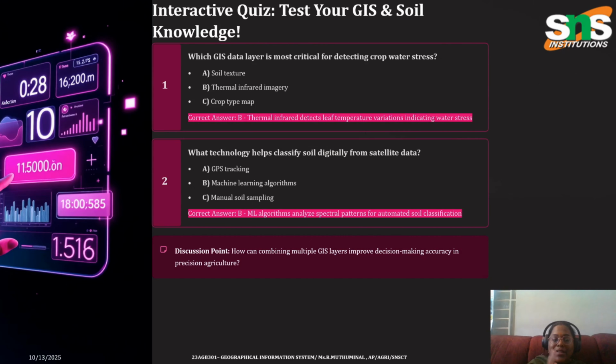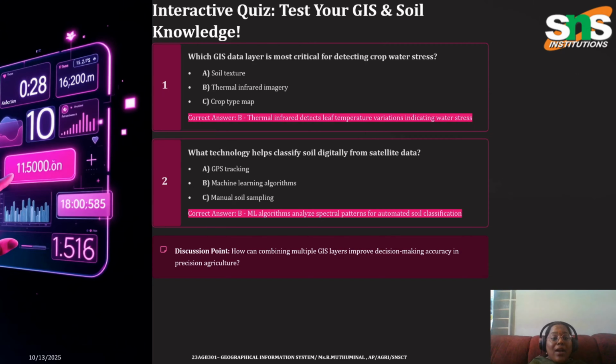So here I have given you two interactive quizzes which will help test your GIS and soil knowledge. Which GIS data is most critical for detecting crop water stress? As we all know, here we need an image for identifying this kind of GIS data. So the answer is thermal infrared imagery, which helps us detect the leaf temperature variations indicating